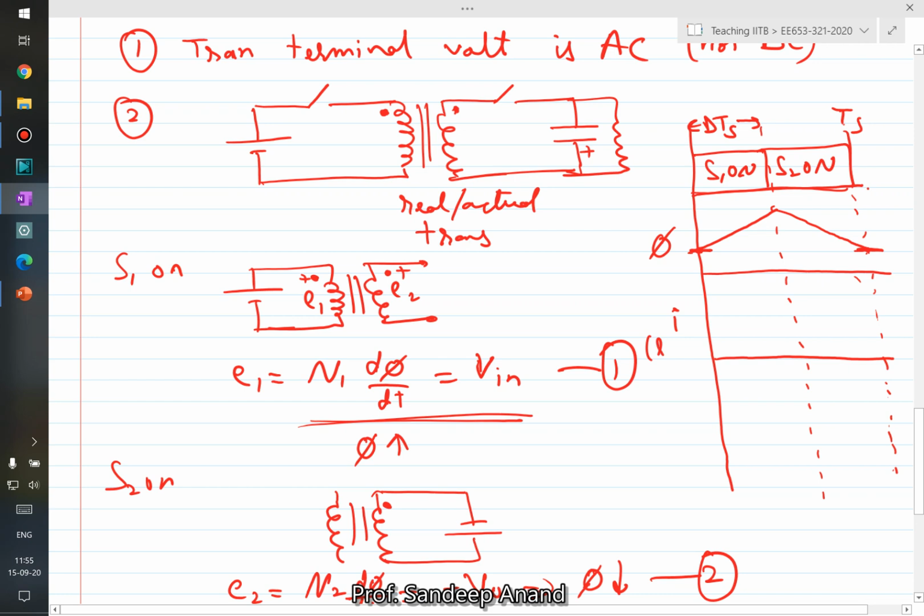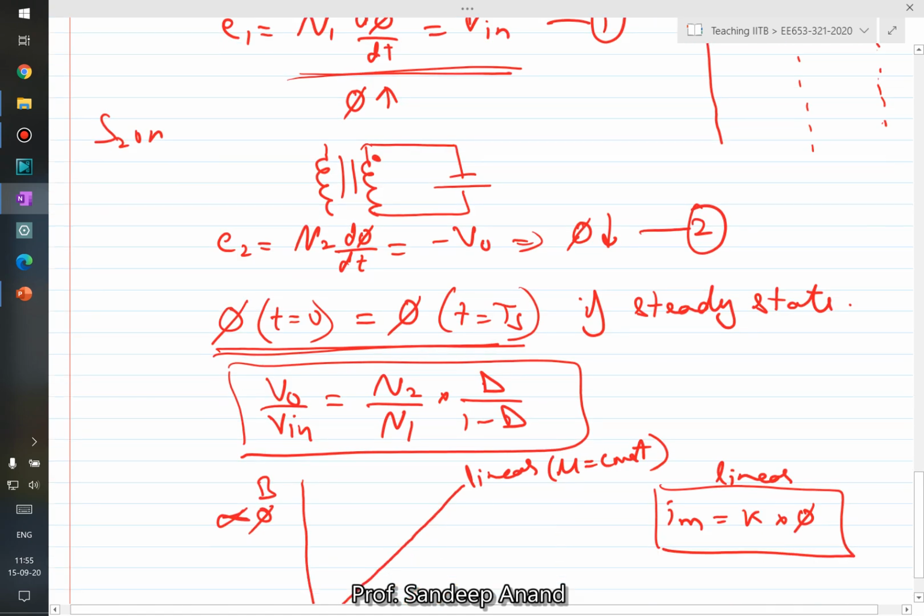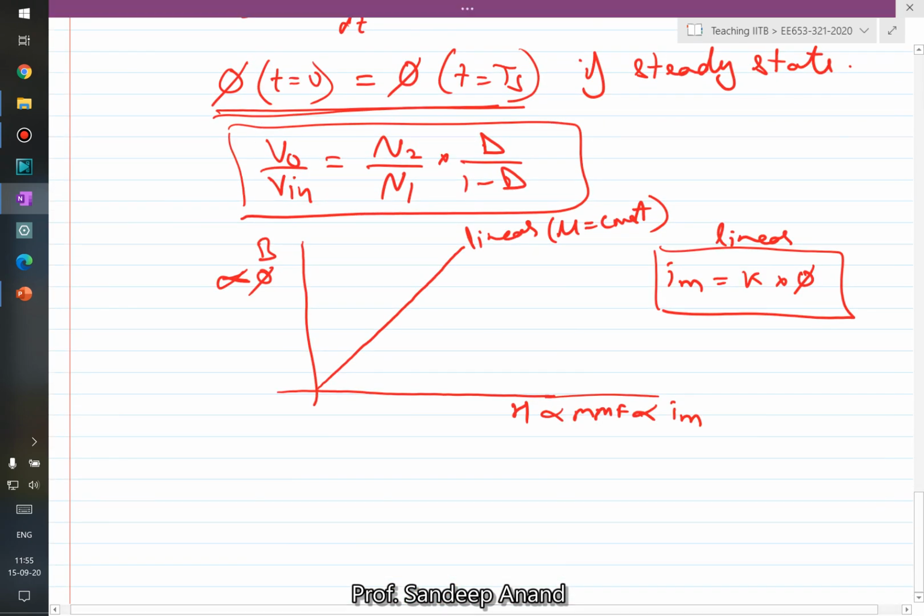This is assuming a linear BH curve, also of the same nature. This is simplified, but the actual BH curve is not